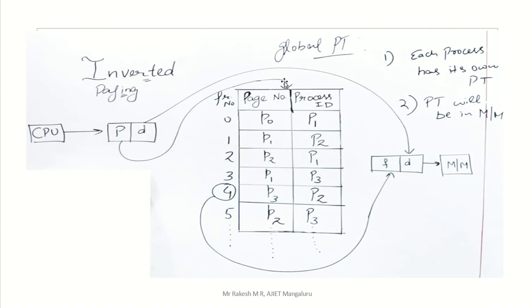So it will search in the page table. You can see the page number is there, the process ID is also there, so whichever you want you have to select. Consider now I want page 3 of process 1. Page 3 is here, process 1 is here. See, outside your page table, here we have the frame number, that is 3. 3 is your frame number. You need this frame, so take this and send it to your main memory.